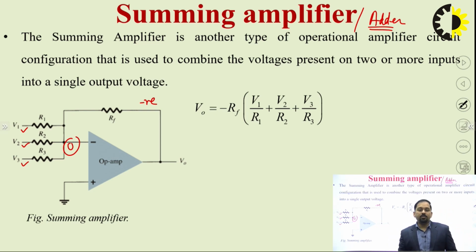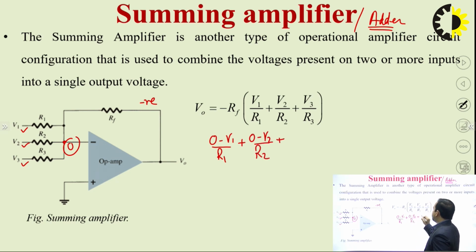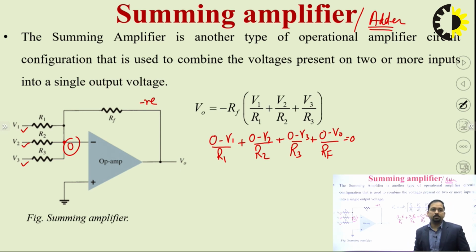So how can we derive the relationship for V0? We'll apply KCL at this particular node. So we have (0 minus V1) divided by R1 plus (0 minus V2) divided by R2 plus (0 minus V3) divided by R3 plus (0 minus V0) divided by RF equals 0, the algebraic sum of all the currents meeting at a point equals 0, that is KCL. If we simplify this further, we can write V0 equals